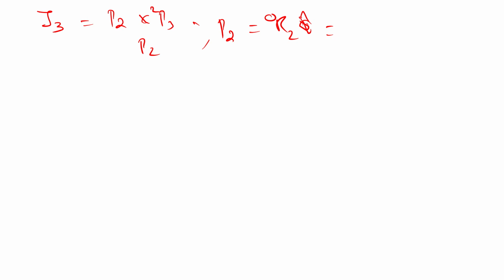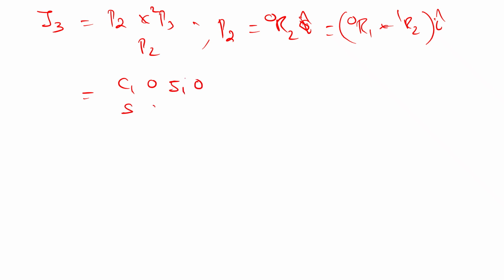So let's do the third Jacobian. The third Jacobian formula is P2 cross P32 and P2. So what is P2? R20, I mean unit vector. So what is R20? R20 means it is R10 into R21. We have to multiply this with the I vector. So let's multiply. Already we know that C1 minus S1,